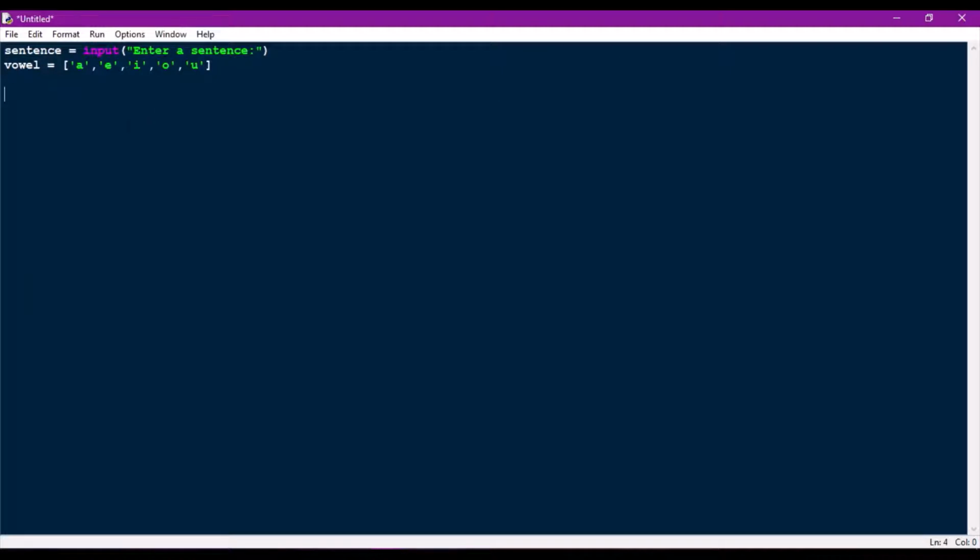Now we are going to find the length of the sentence. We are going to use the length function applied on this sentence variable, so it will return the total number of characters. We are going to store it in the length of the sentence variable.